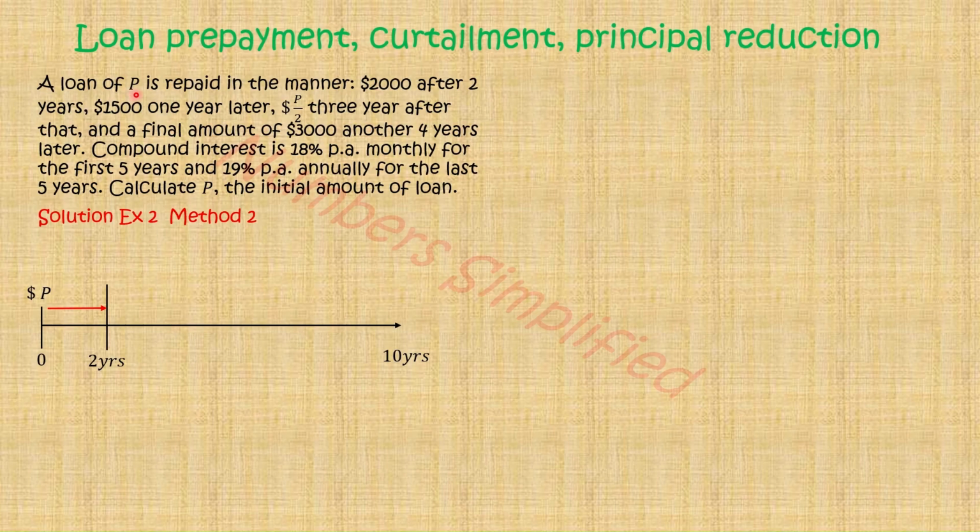So a loan of P is repaid in the manner 2,000 after 2 years, 1,500 after 1 year, P over 2 3 years later, and of course a final amount of 3,000 another 4 years later. So compound interest is 18% per annum monthly for the first 5 years and 19% per annum annually for the last 5 years. So calculate P, the initial amount of the loan. Right, so we see that from this information that we're given, we have the value of the loan being P